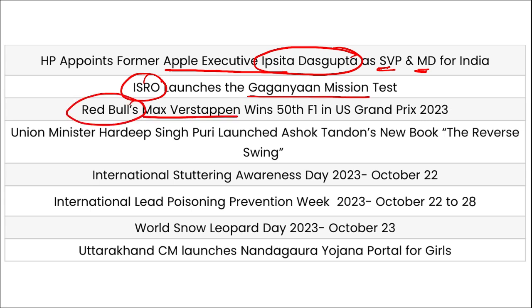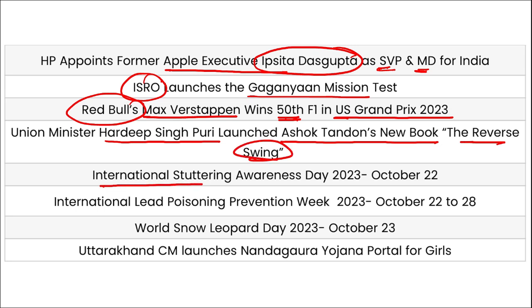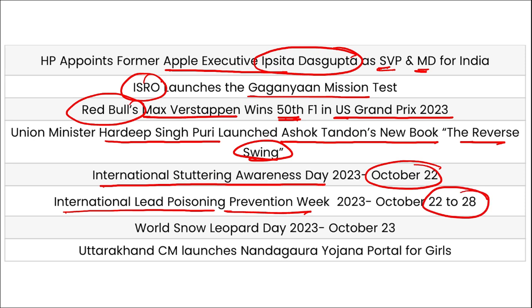Red Bull's Max Verstappen has won the 50th F1 US Grand Prix, and Union Minister Hardeep Singh Puri has launched Ashok Tandon's new book, The Reverse Swing. International Stuttering Awareness Day is on 22nd October. International Lead Poisoning Prevention Week is from 22nd to 28th of October, and this is observed in the last week of